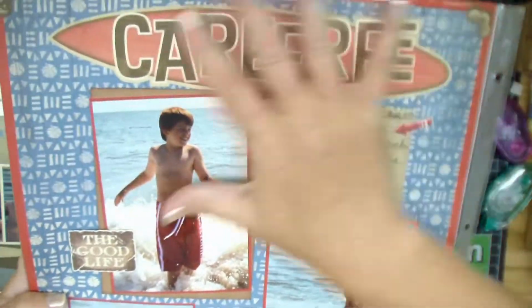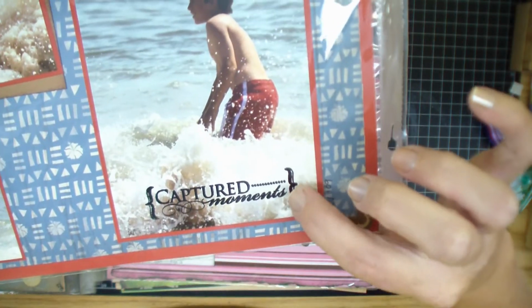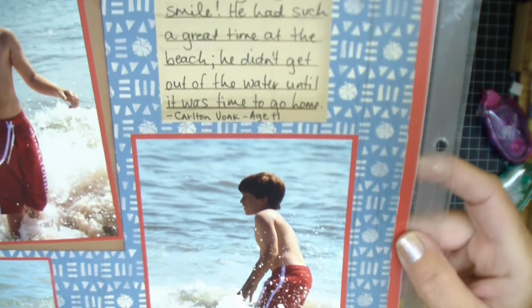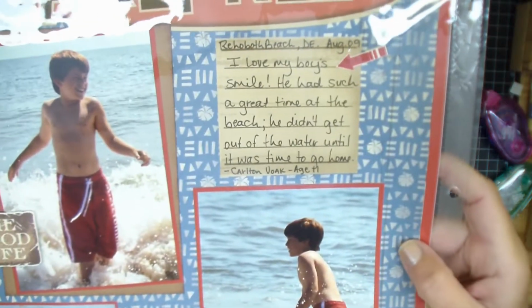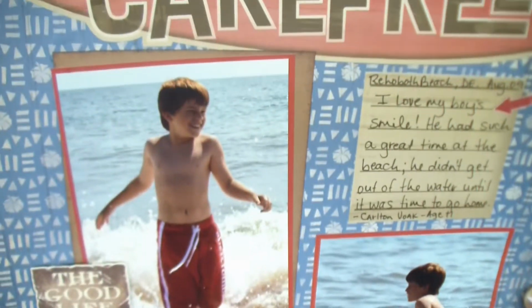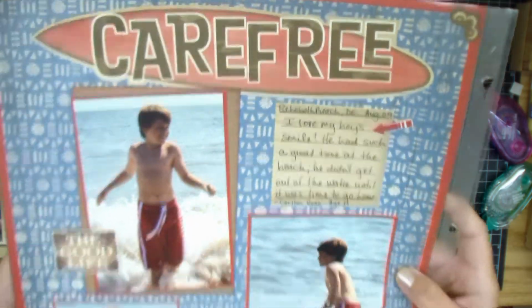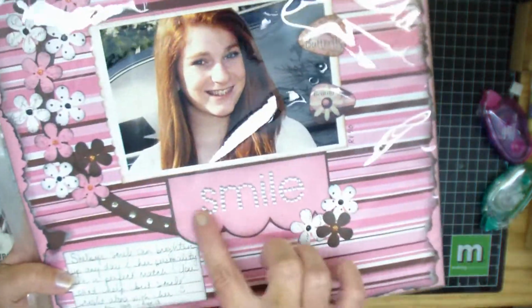Okay, and then this was another close to my heart thing. This was the very first time I stamped on a picture, and it says captured moment. So this is when they started coming out with like, not necessarily stickers. These were things I stamped and cut out, but you could not get that boy out of the water. He's still that way. So he was 11 here, and he's 16 now. And this was also, I was again really into these